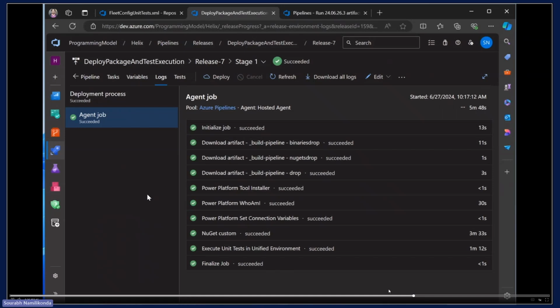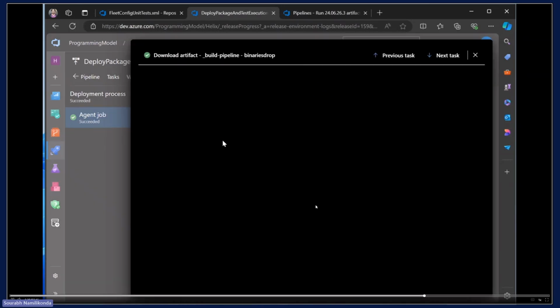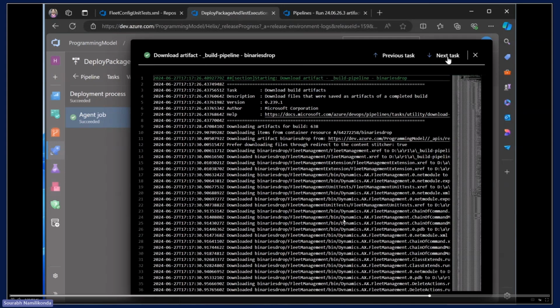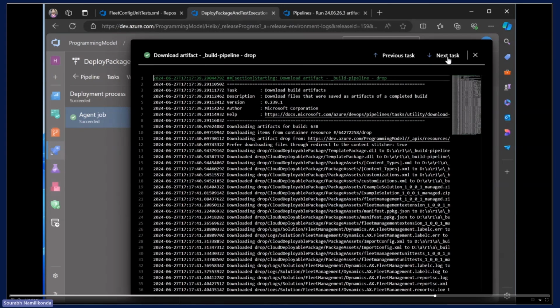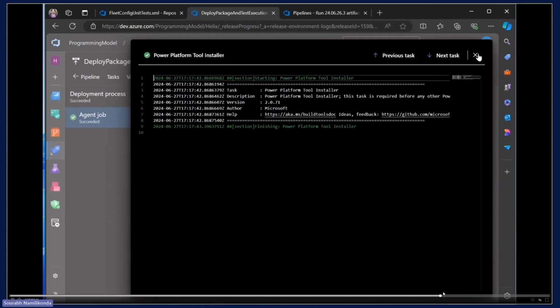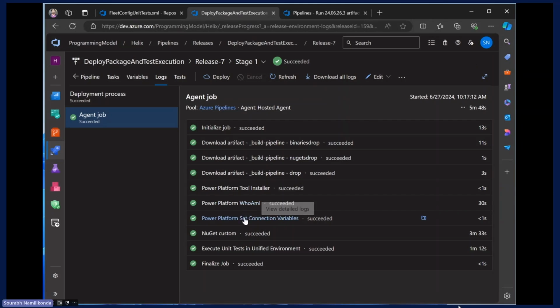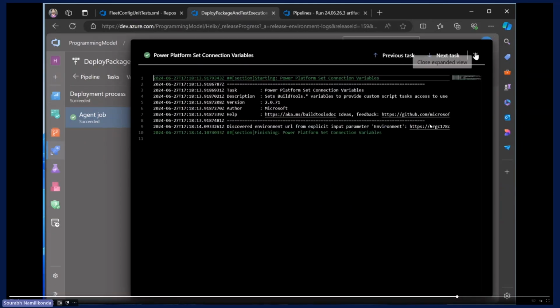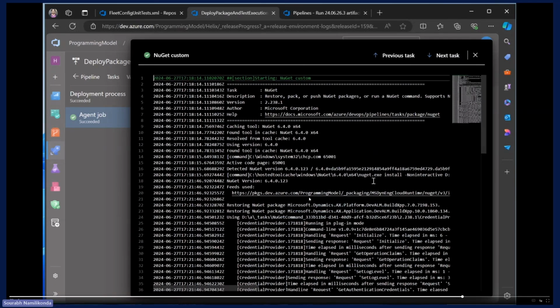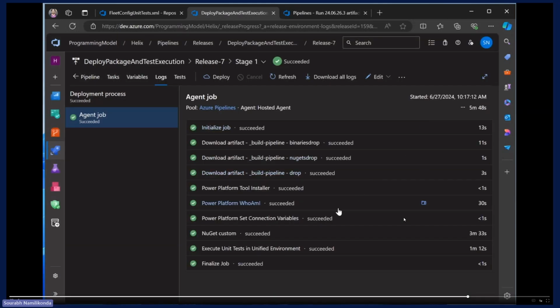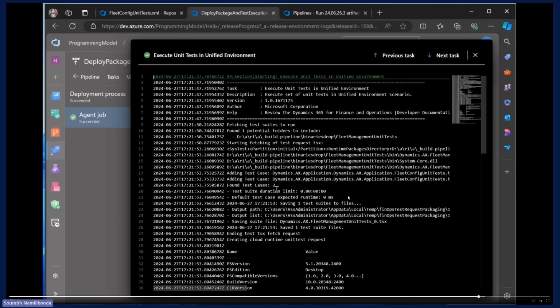And this got completed. So if I go into the details, it first downloads all the artifacts that we want from the build output that we had specified, so that everything is available on the agent. And then we'll be going into the set variable connection task, which makes it available for the next task to have that variable pre-populated. And as you can see, it was able to find 2 test cases